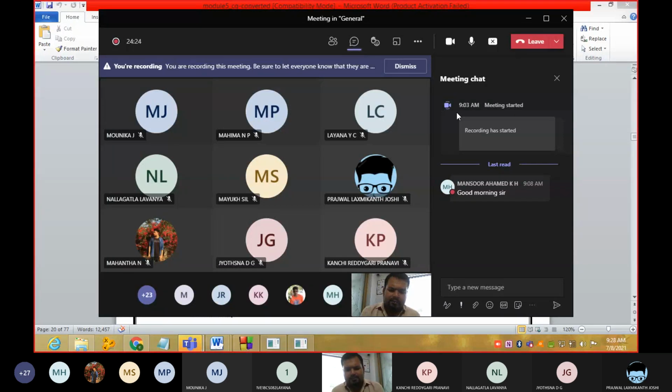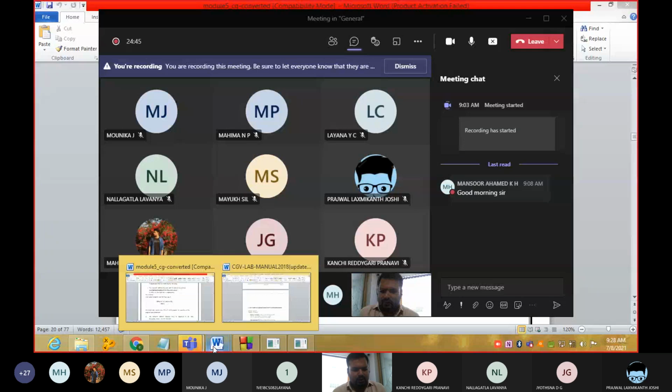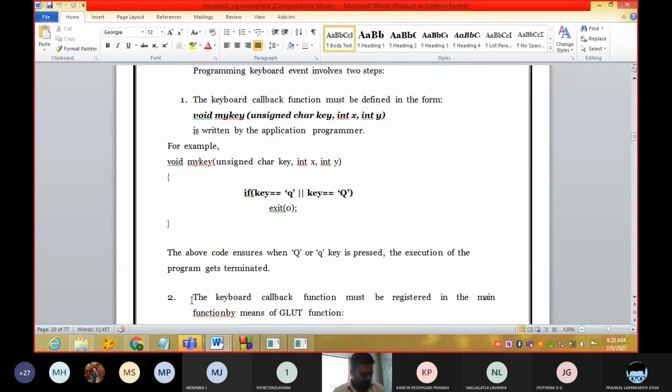For the Sierpinski gasket program, the first program we had done, try to invoke that same program using the keyboard and mouse functions, like the cube we have done. The same thing you try. So next, you try. Let us see where we are going to end up.